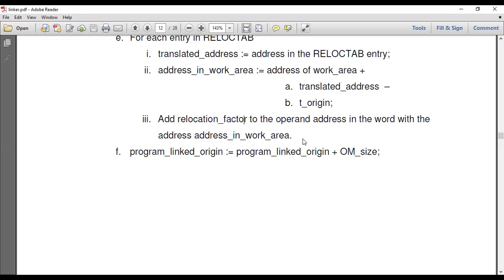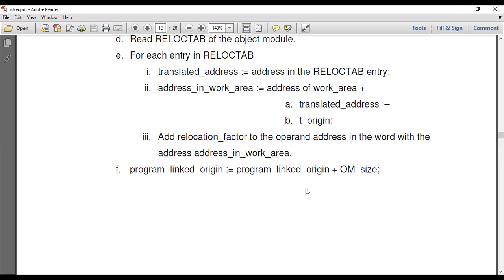So like that it will be calculated, and after calculating that relocation type entry, it will assign program link origin plus object module size to the program link origin. म्हणजे सगळं झाल्यानंतर at the end ज्यावेळेस तो प्रोग्राम फिनिश होईल तर त्या केस मध्ये तो प्रोग्राम संपल्यानंतर आपल्याला नेक्स्ट प्रोग्राम तिथं रिलोकेट करायचा आहे. तर त्या केस मध्ये अगेन वी हॅव टू इनिशियलाइज दॅट लोकेशन, दॅट इज द प्रोग्राम लिंक ओरिजिन. म्हणजे पी प्रोग्राम आहे, स्टार्ट फ्रॉम द 900, इट विल एंड ऍट द 941. देन फ्रॉम द 942 वी हॅव टू स्टार्ट अनदर प्रोग्राम क्यू.